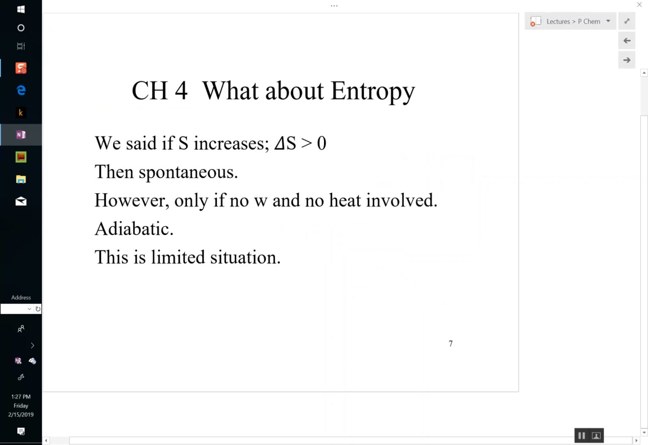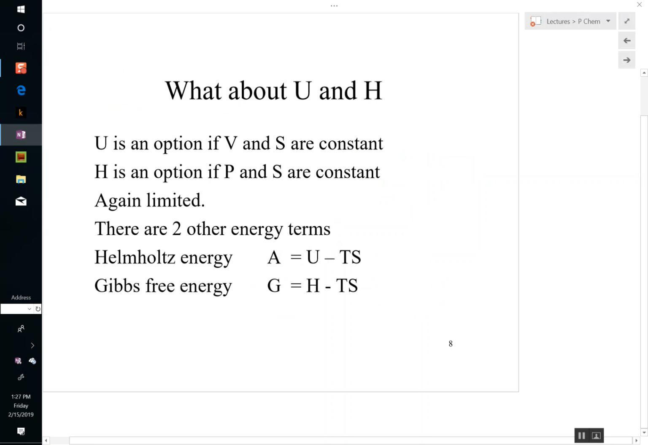All right, we said if entropy increases, then it's spontaneous, if there is no work and no heat involved, adiabatic. But this is a limited situation. So looking at internal energy is an option if volume and entropy are constant. Enthalpy is an option if pressure and entropy are constant, but those are limited, and so it enters Helmholtz energy,